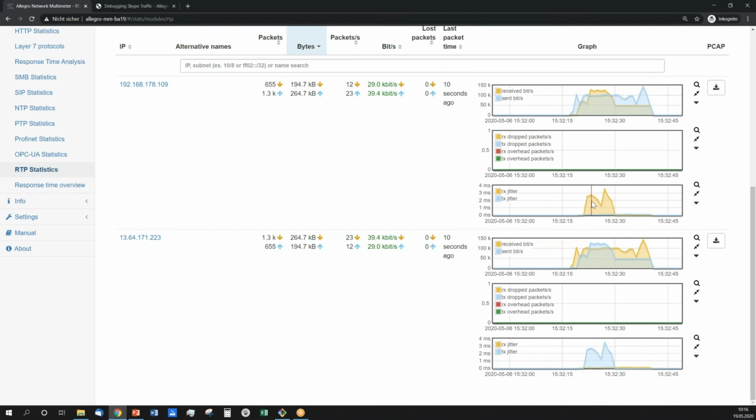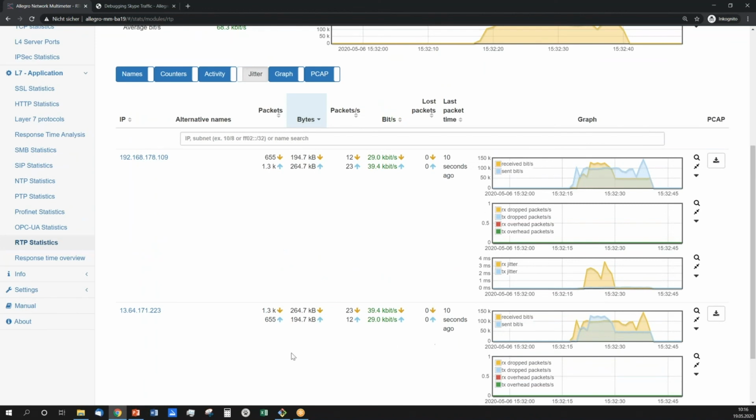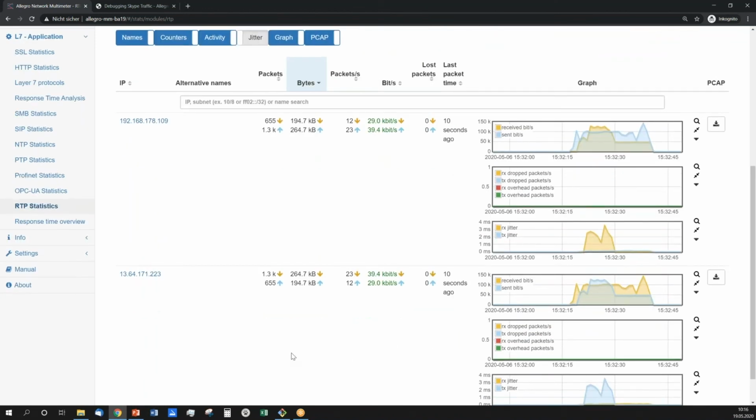And so in our case, I see an RX jitter. So this IP address has received traffic with a jitter of 3 milliseconds, which is quite good. If you look to the internet, the traffic coming back from the internet has only 3 milliseconds jitter. On the opposite side, for the traffic that has been sent, we see the TX jitter is very, very low. It's about 100 microseconds, something like that. So that's very low, and that helps a lot to look into the traffic.